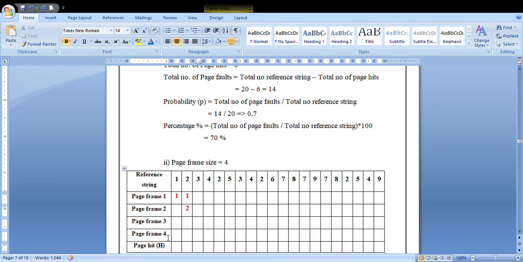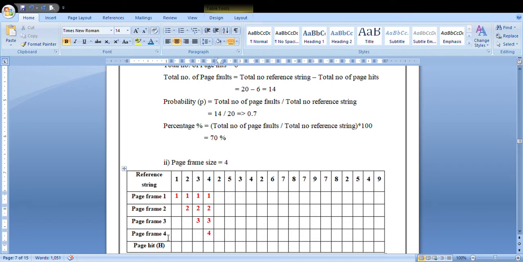Next newly arrived page 3: keep 1 and 2 as it is, assign page frame 3 for page 3, and next keep 1 2 3 as it is, 4. Here we go.